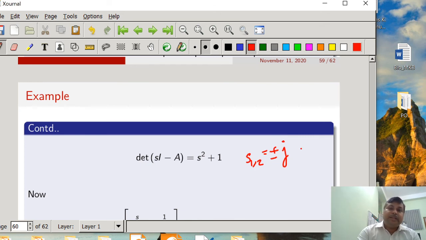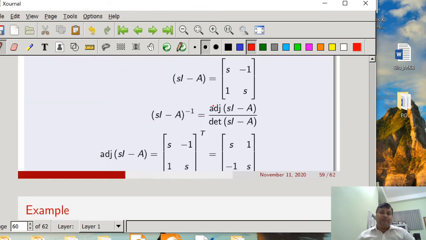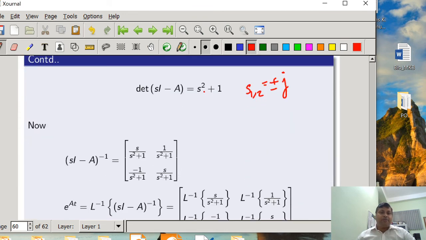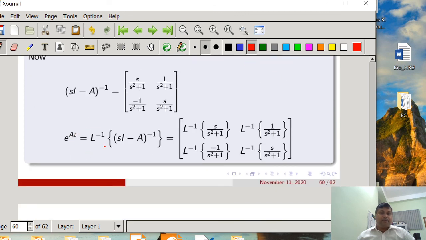If we get this kind of system, you know that the solution will always be a sustained oscillation. But by the computation of e to the power at, we have to verify whether we are getting that or not. So to compute e to the power at, we have to calculate (sI minus A) inverse, and then take the Laplace inverse of (sI minus A) inverse, and we find that each term comes like s by s squared plus 1,